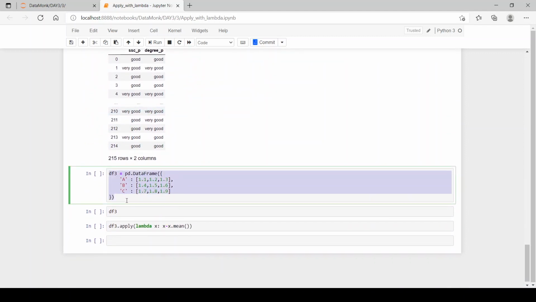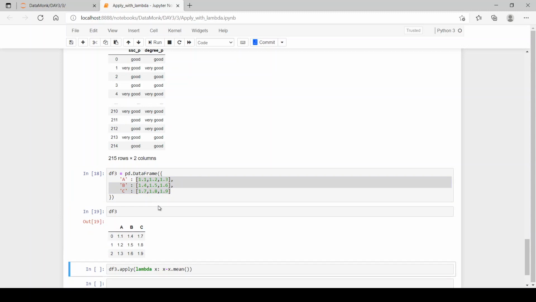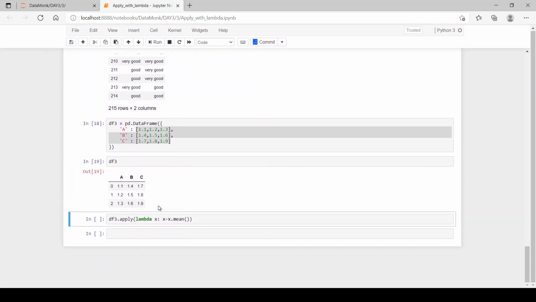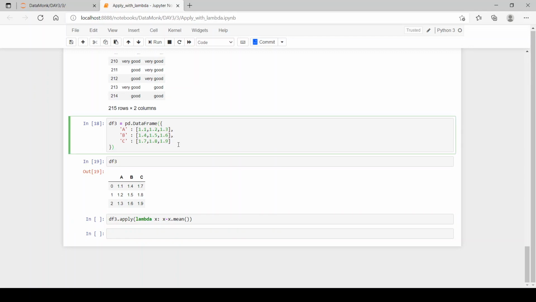Now let's create another data frame using pd.DataFrame. These are all float type values, and we perform a lambda function, lambda x: x - x.mean(). It will be performed column-wise.